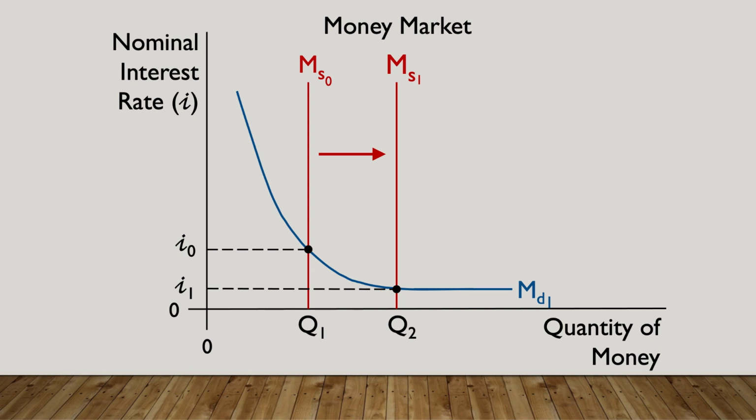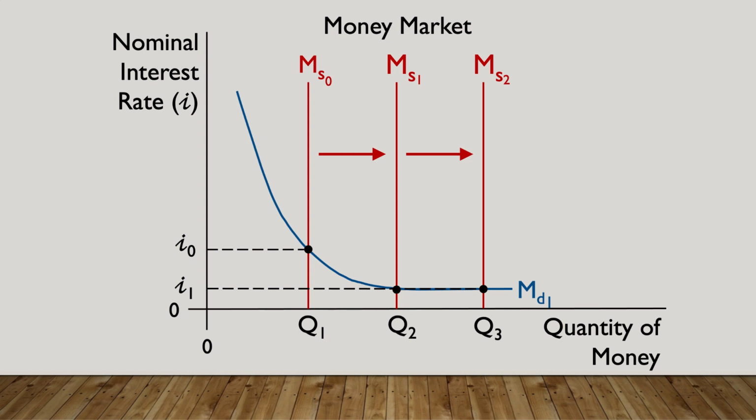But notice that the new interest rate I sub 1 is very close to 0%, and the demand for money is now flattening out. If the Fed increases the money supply again from ms sub 1 to ms sub 2, it won't have any effect on the nominal interest rate, since the interest rate can't get any lower. In this case, conventional open market operations will have no effect on investment and consumption, and therefore no effect on